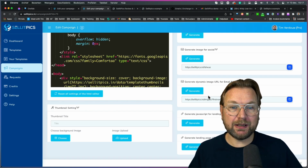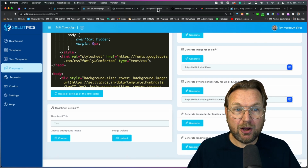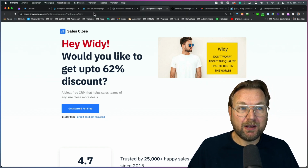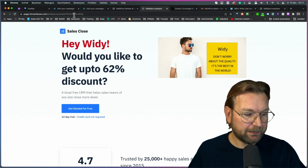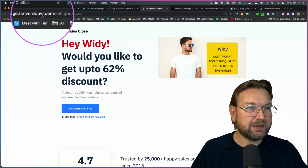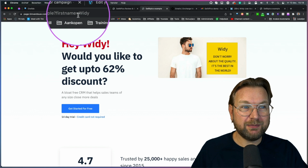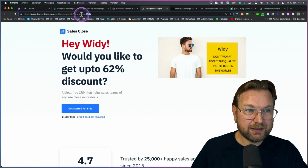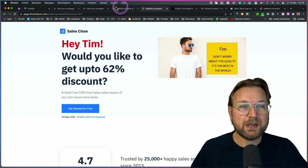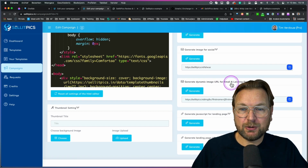So you create a dynamic image URL for an email or a landing page. Now, as you can see, I also use this image on my landing page here. I created this image where the first name here, when I go to the top, let me see if I can zoom this out a bit. Here you see, this is my domain name, page.timverdaal.com/SellitPics example. And then it says, question mark, first name is Weedy. So when I change this Weedy to Tim again, you can see everything on this page changes to Tim. And that is the URL that you're going to use here to generate a dynamic image URL for email and